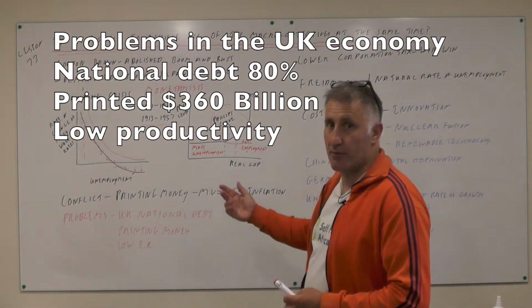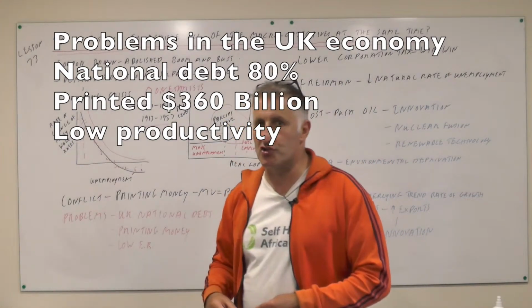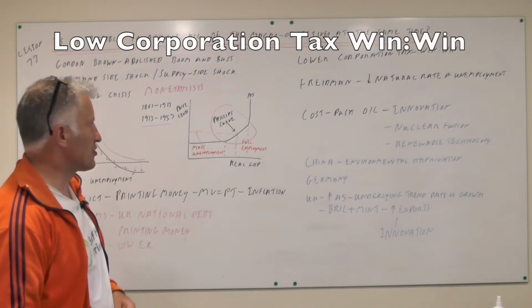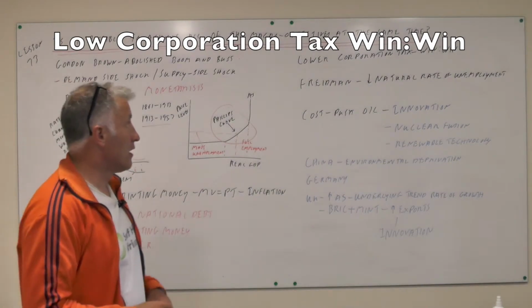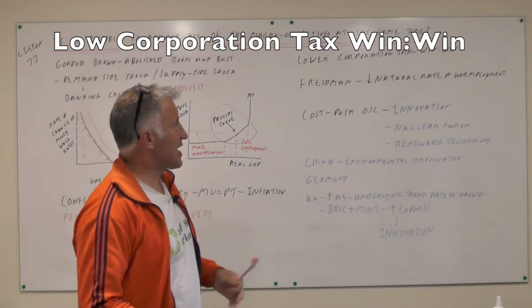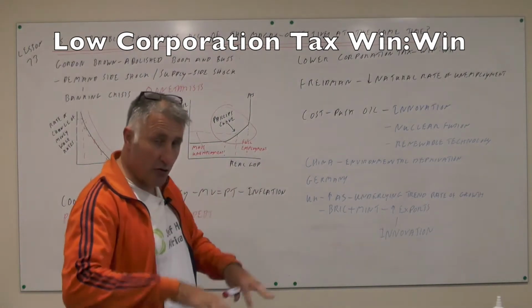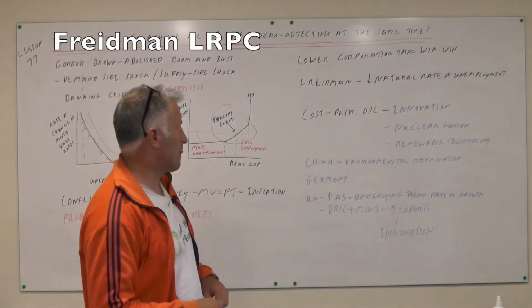We have problems, as already mentioned. We have UK national debt, the fact we printed money, and also we have a low exchange rate, although it's rising recently, which helps to create inflation. However, there are some policies which I think are win-win. Low corporation tax, which I keep on bleating on about. Corporation tax is now 21%. It's going to fall in the future, and it's a win-win situation because we lower the corporation tax and we get more money back. And then we could draw the Laffer curve.